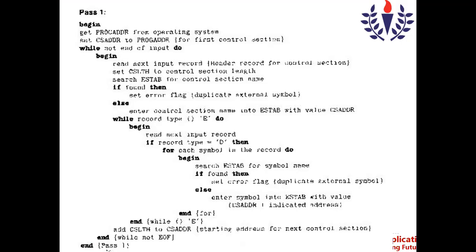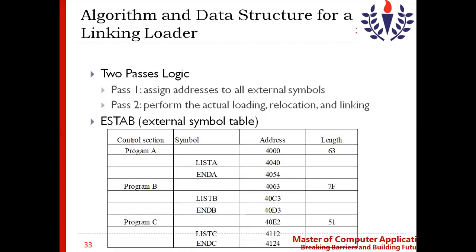Now what happens here is we have to add the CSLTH to the CSADR. So what will happen now? We will be getting the starting address of the next control section. I can show you this from the ES tab. 4000 is the starting address for program A, and 63 is the length.